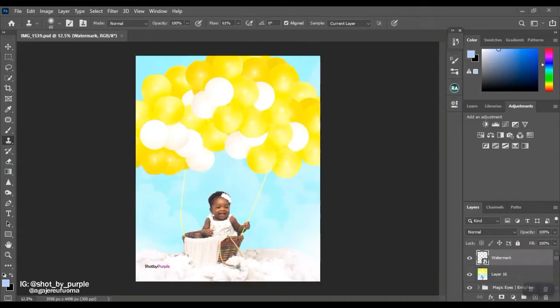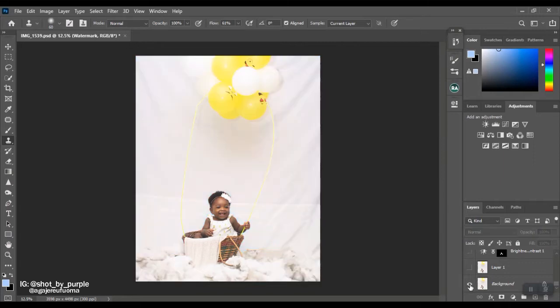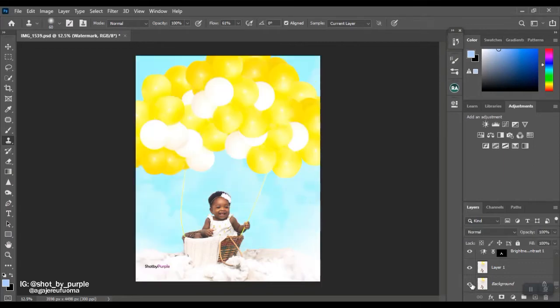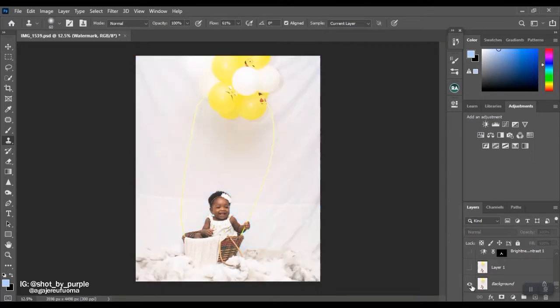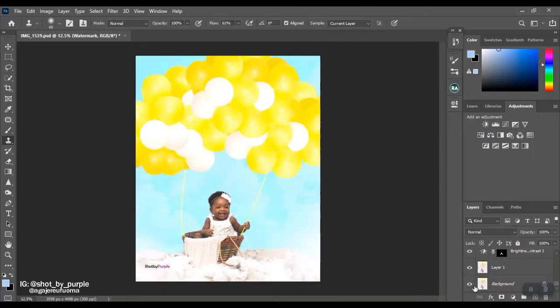So I have a tutorial for you guys today, and in this tutorial I'll be showing you guys how I got this picture you're looking at now to look like this. So I'm going to show you the before and after now. So take a look at my layers panel. That's the before and that's the after picture. So before editing and after editing. So I'm going to show you guys how I was able to achieve this in